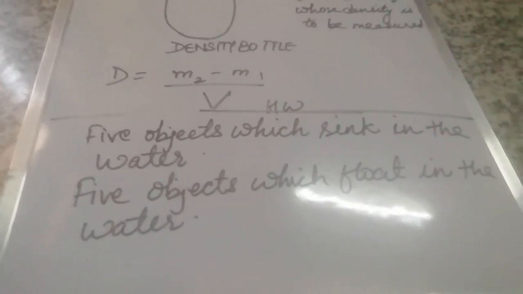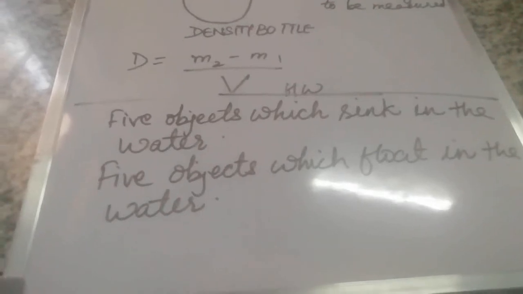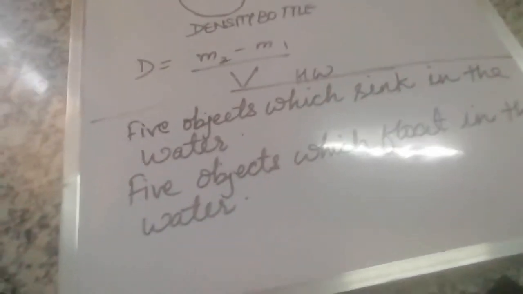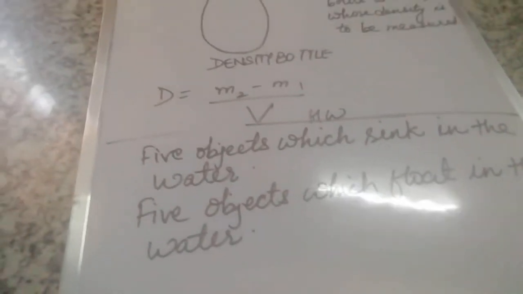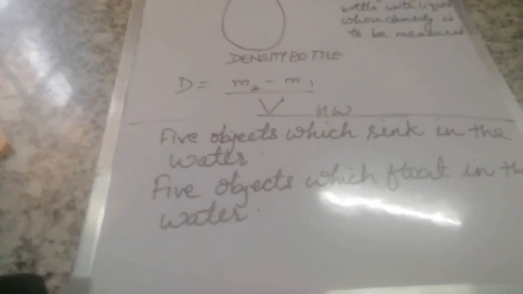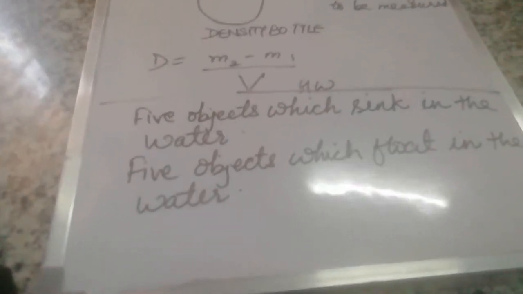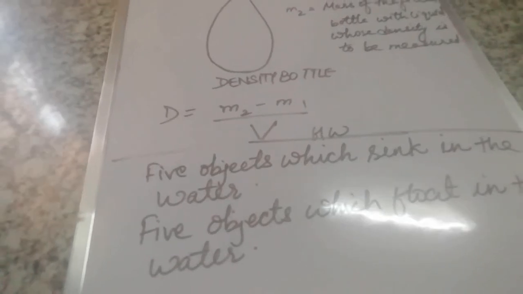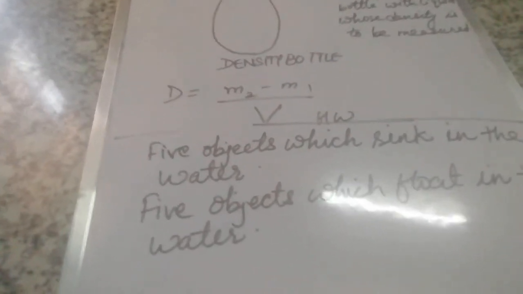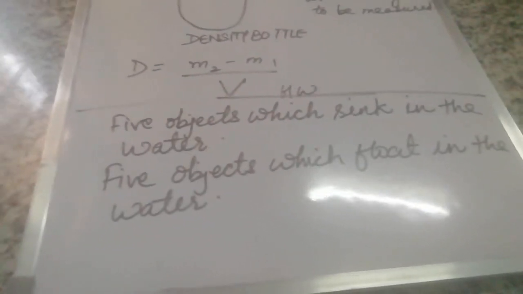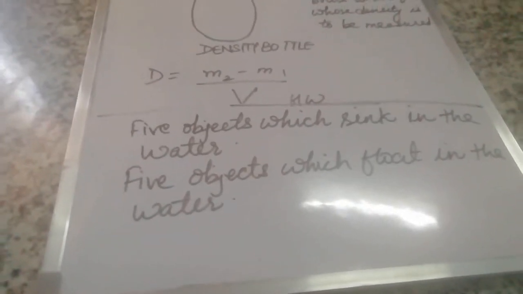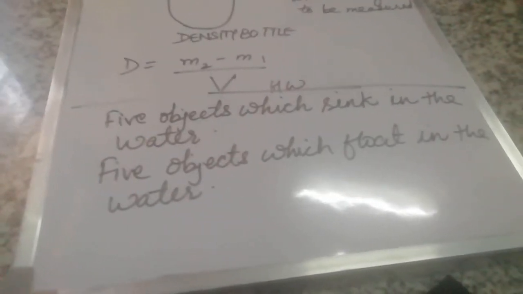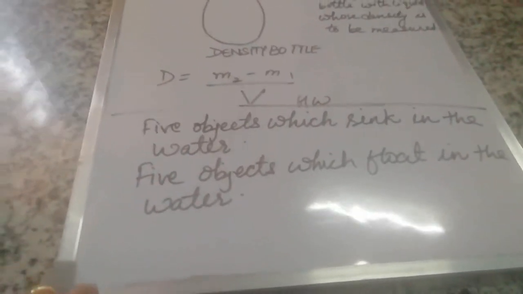Now children, your homework is to read the chapter till page number 20, 21 and try to understand the concept of sinking and floating. Okay, this is all related to the density of the given object and the liquid in which it is sinking or floating. Just read that topic and make a list of 5 objects which sink in the water and 5 objects which float in the water in your fair copy.